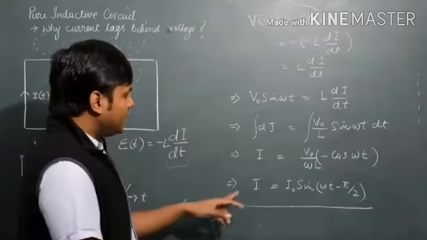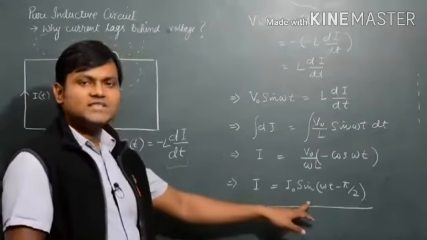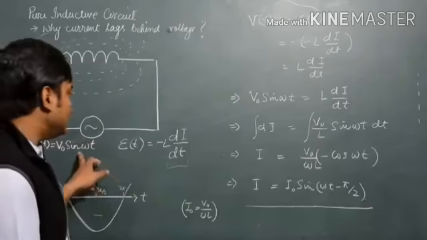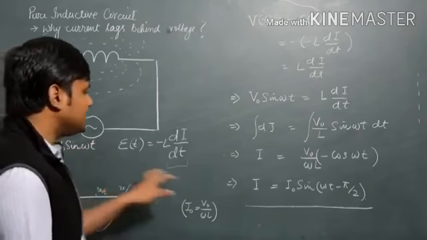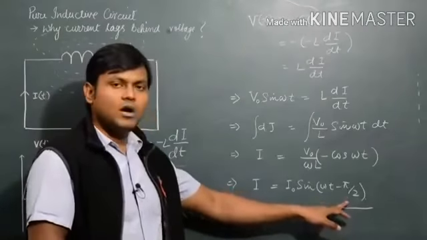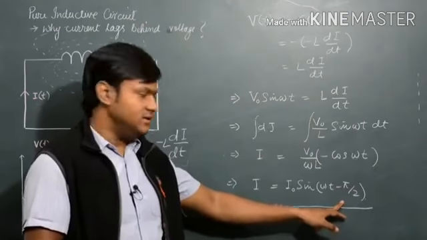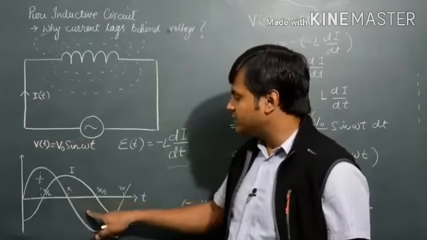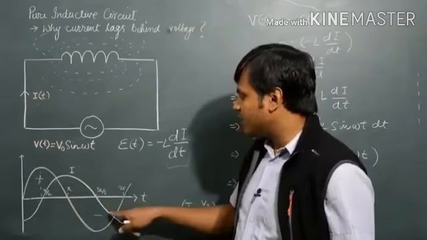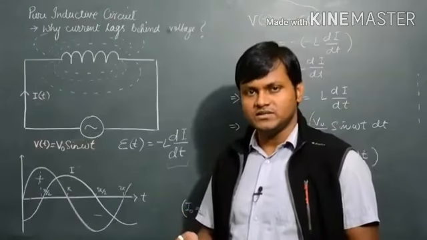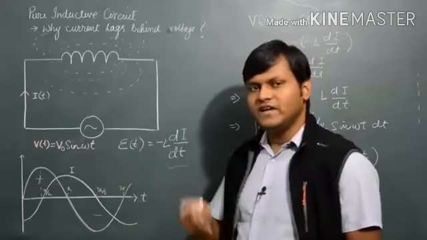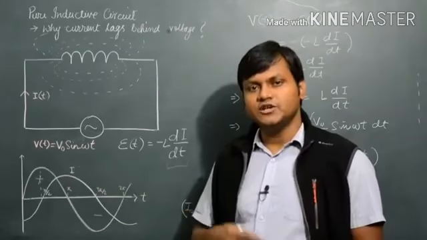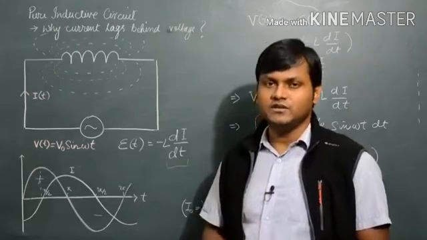As you can see, the current flowing through the inductor also follows a sinusoidal function, but if you compare it with the voltage, there is a phase difference between the voltage and the current of 90 degrees, which is pi by 2. As you can see in the graphical representation, the pink line represents the voltage and the white line represents the current. Both have sinusoidal dependence on their frequencies, but the phase of the current lags behind that of the voltage by 90 degrees. And that is because of the nature of the inductor and how it opposes the changes in the flow of current itself.